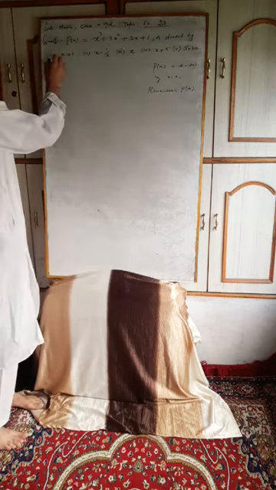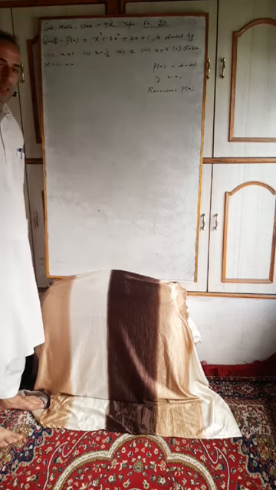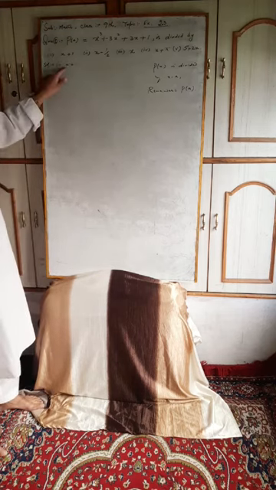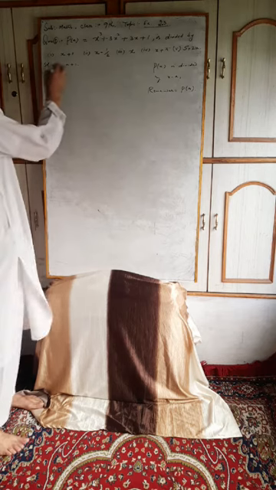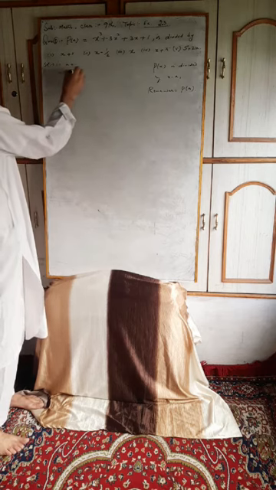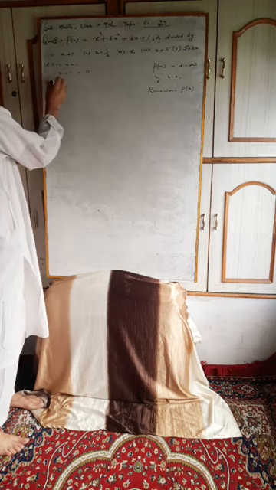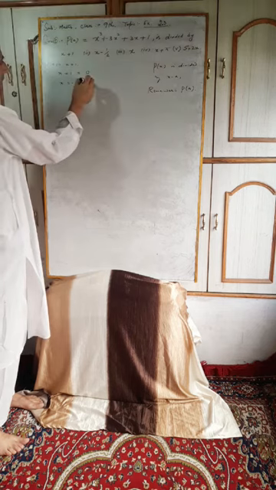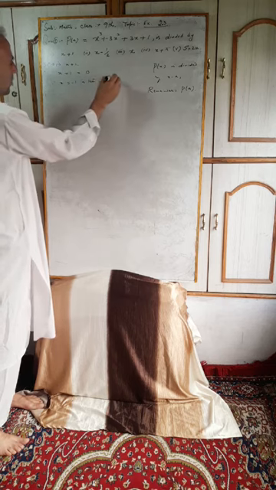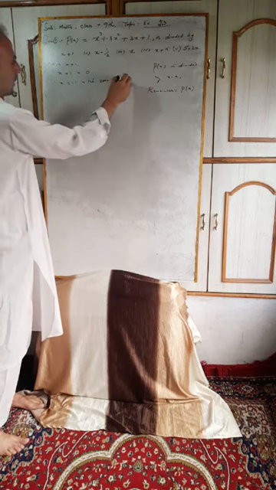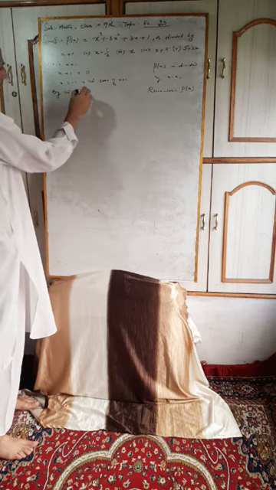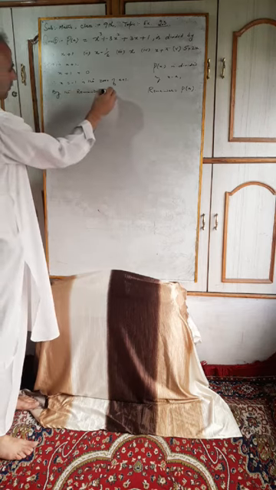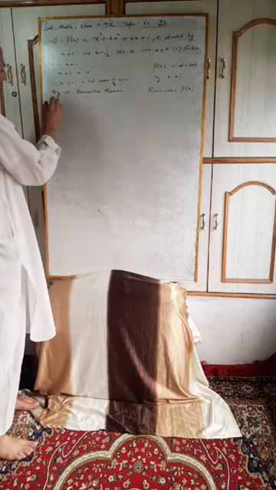Here the first part is x + 1. What we do here, we have to equate x + 1 equal to 0 so that we can find its zero. x + 1 = 0. Therefore, x = −1 is the zero of x + 1. Therefore, by the remainder theorem,